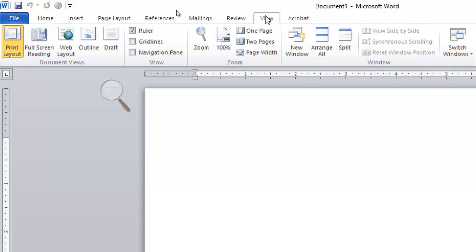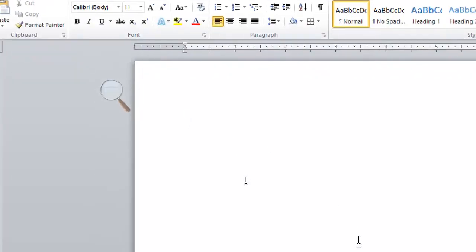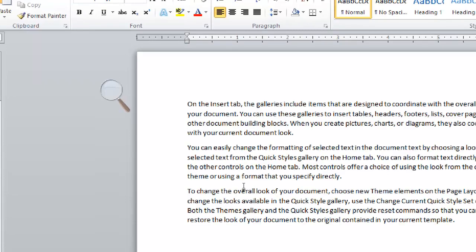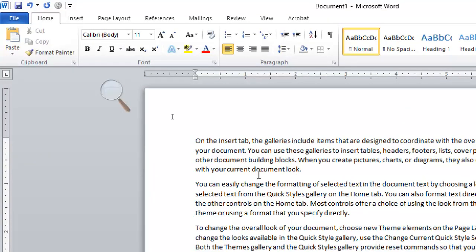Next, in Microsoft Word, the View ribbon or View tab, where we can see the different types of document view layouts. So you should know how they work. Alright. If you want to create some random paragraph, you must type =rand(), and press Enter. So you will get some random paragraphs inside your document, and if you are practicing MCQs practically, you can apply them on these paragraphs.